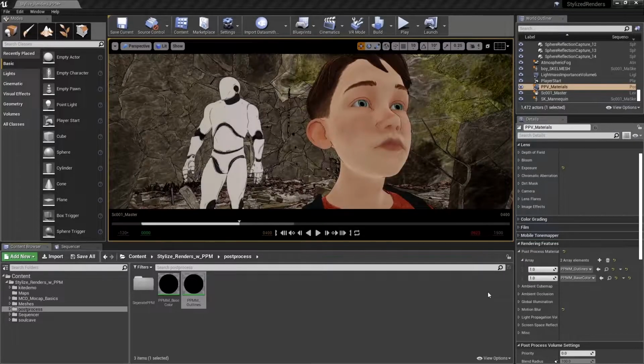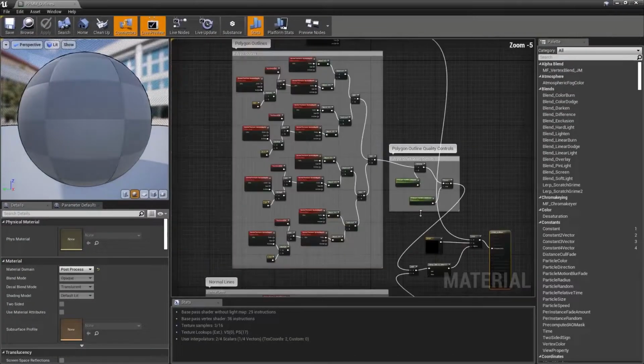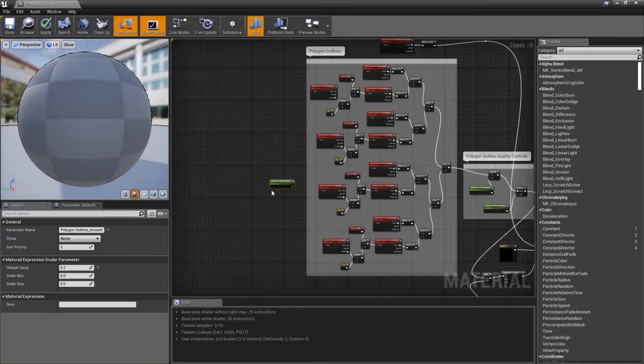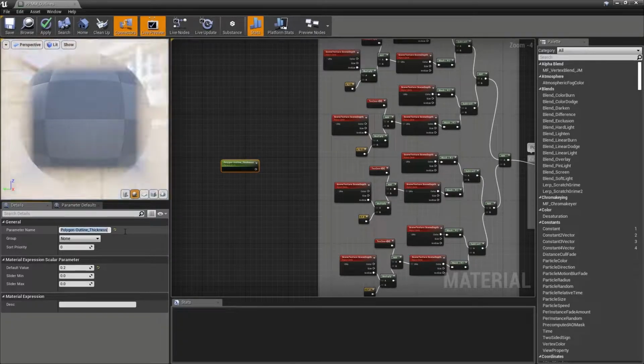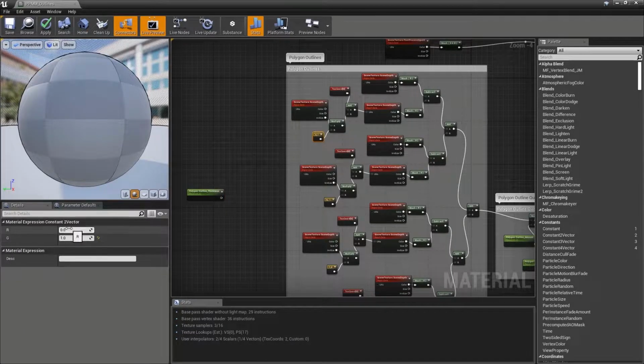Now let's create a parameter that will control the thickness of our outline effect. So back in our material, let's go to full frame. If I select and copy one of the parameters that I've just created and rename it to polygon outline thickness, I will now be able to use this parameter to drive how far our offset is when we look up